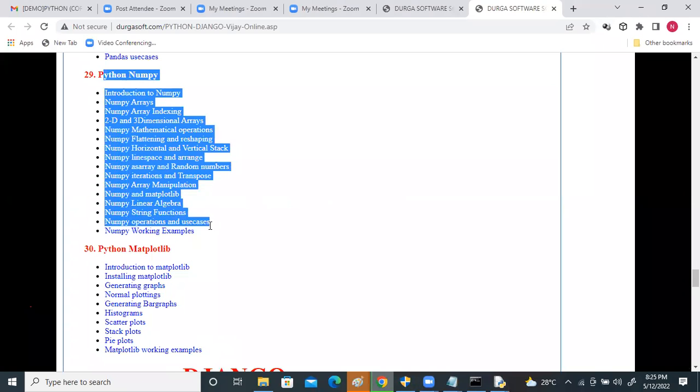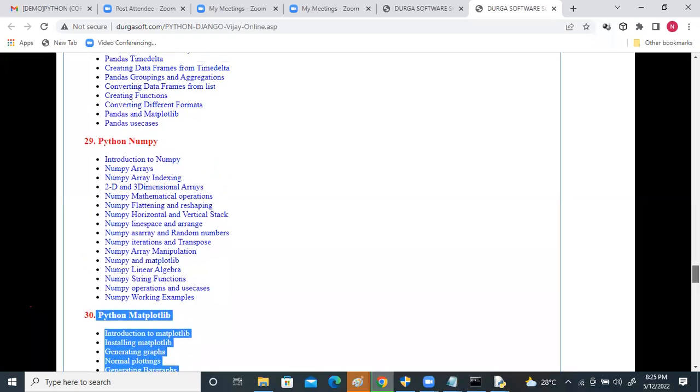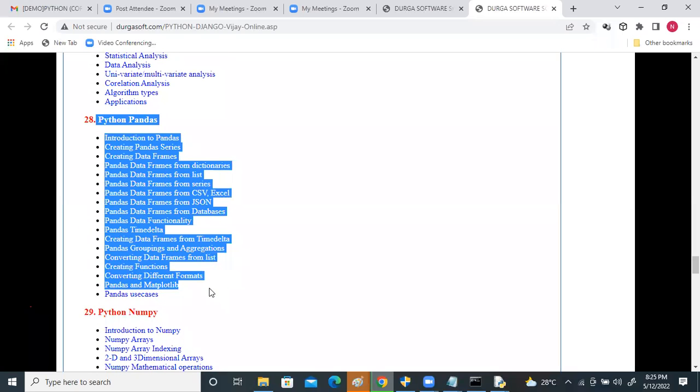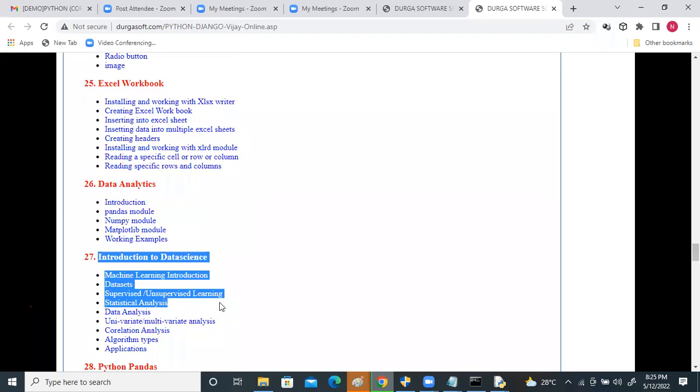These are data science related modules. I'll be covering those for whoever wants to go for data science automation. The Python numpy module, matplotlib, which I was just talking about, plottings and visualizations, and the Python pandas module. Pandas and introduction to data science, machine learning introduction, data sets, learnings, data analysis, correlations, algorithms, applications, and even